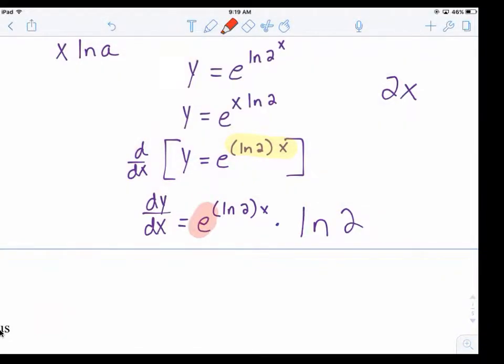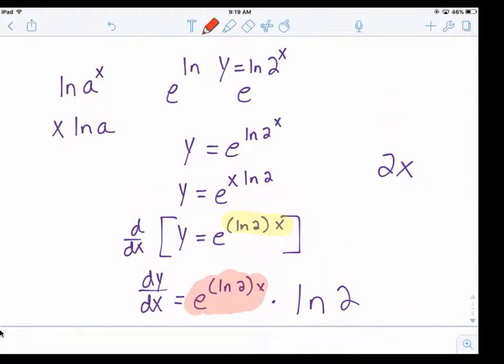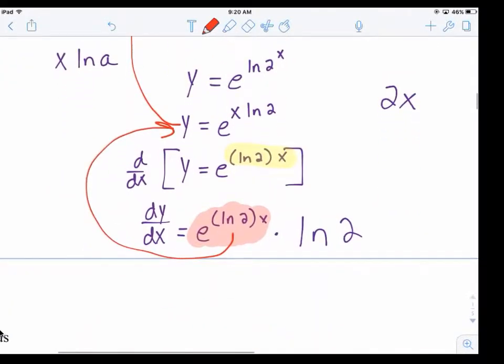All right, now, what is e to the ln of 2 times x the same thing as? So this is working backwards now. So e to the ln 2 times x is the same thing right here, right? And what did we start with? We started with y equals 2 to the x. So that is the same thing as that. So what I can do is replace this with what you started with. So you have dy over dx